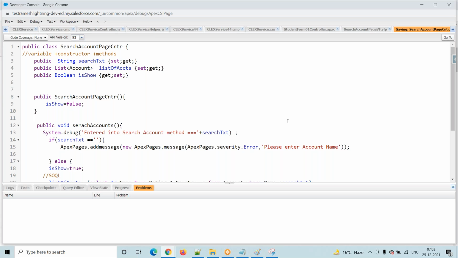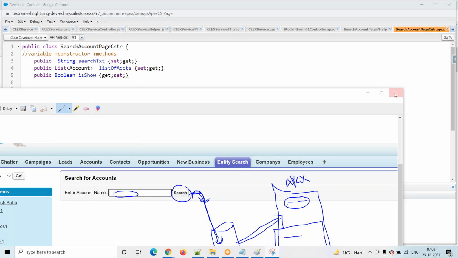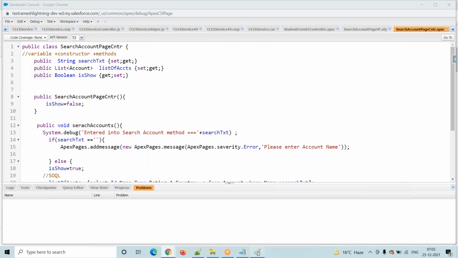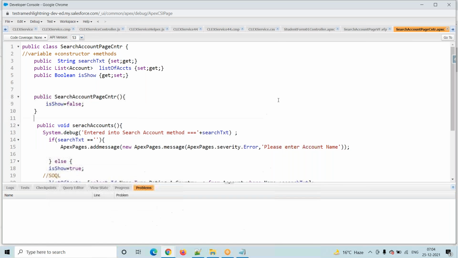Any other questions? Here you have to observe. We have to remember server side and client side. Generally, they will use these types of terminologies. We have to remember what the server side is and what the client side is.